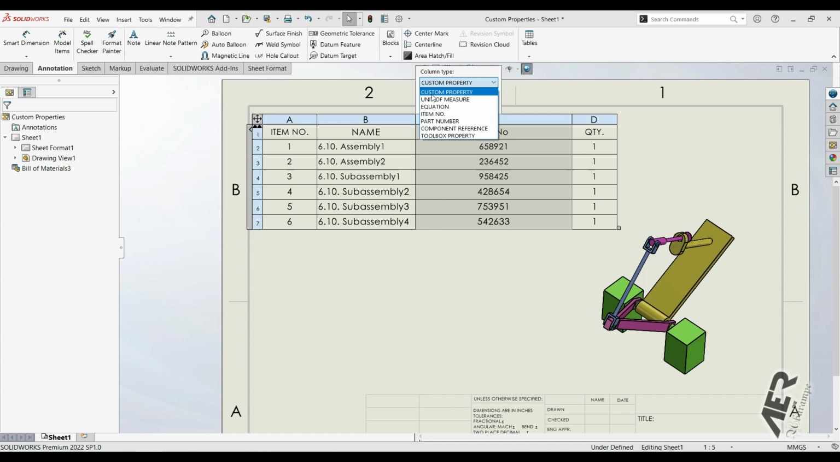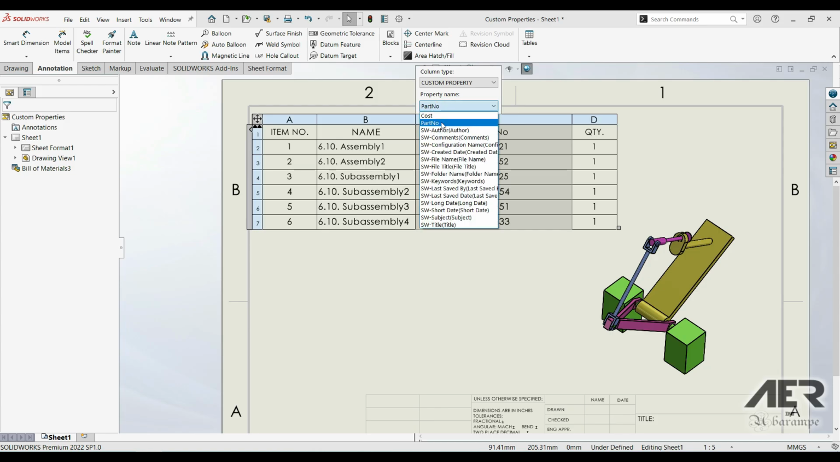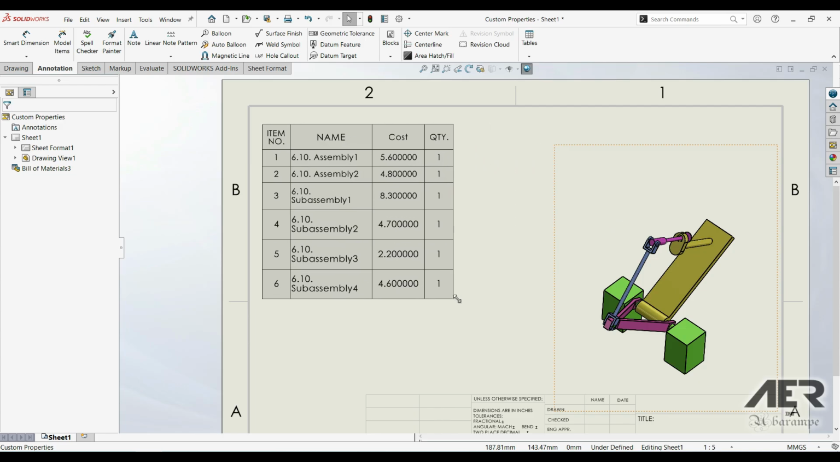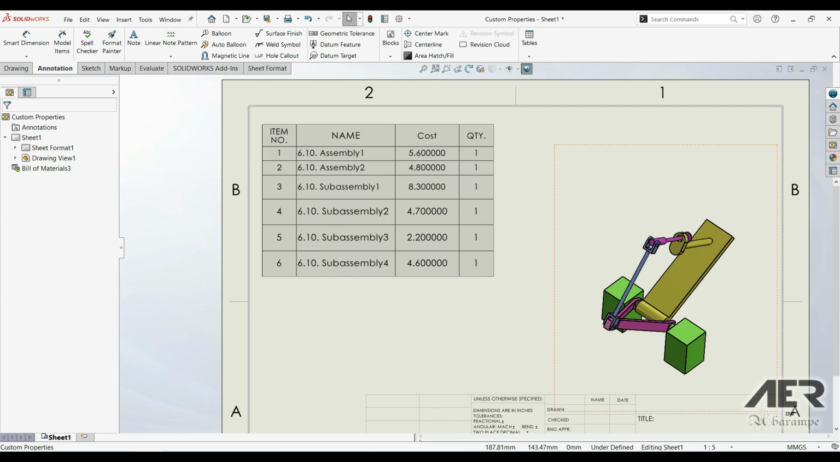So let's go to custom property, and here we have the property name. Now we have a part number like it was before. We want to choose cost, so let's choose cost, and now let's click outside of the table here, and now instead of part numbers, in this column we have costs. Let's adjust our table a little bit like this,